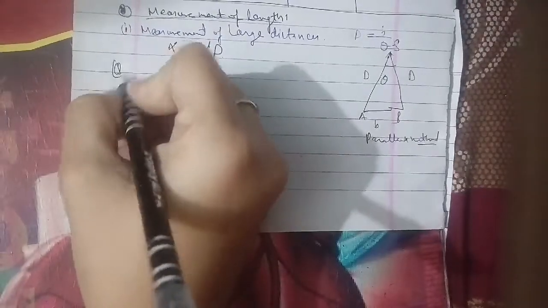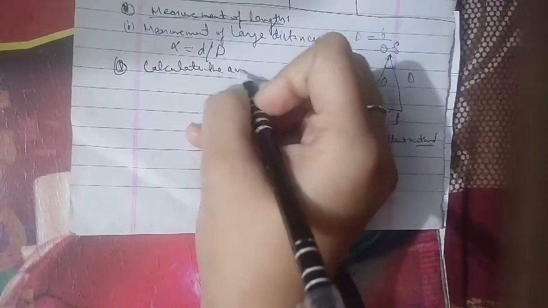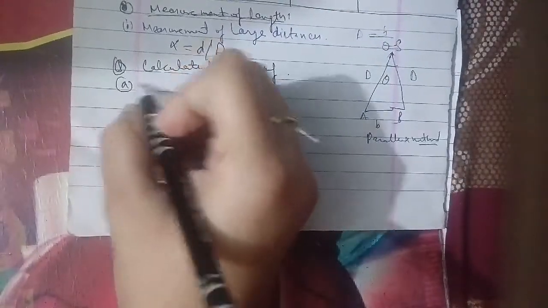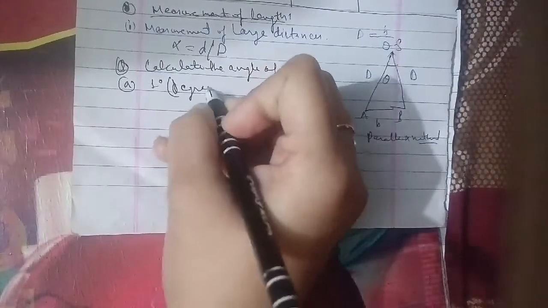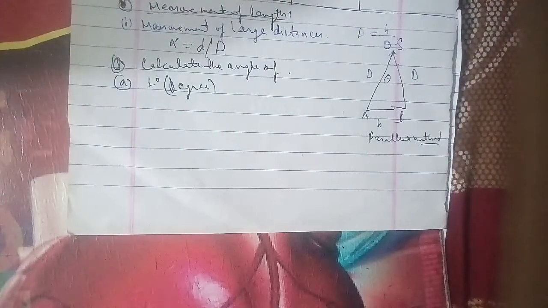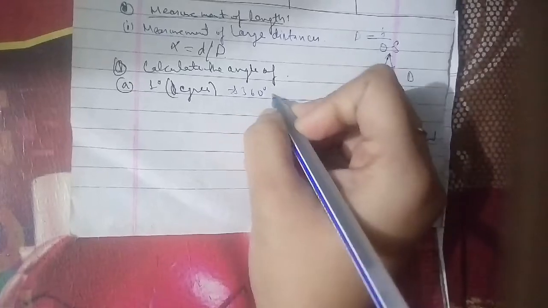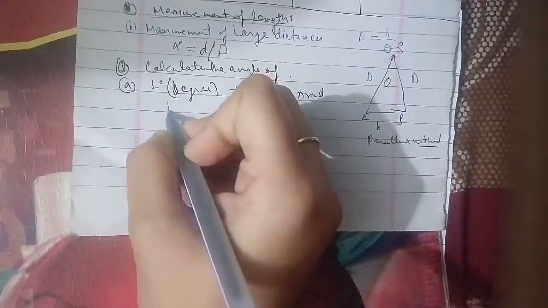So for the same, we have 360 degree equals 2 pi radian. It is 1 degree equals pi upon 180 radian, which equals 1.745 into 10 to the power minus 2 radian. Next we go for part B, which is